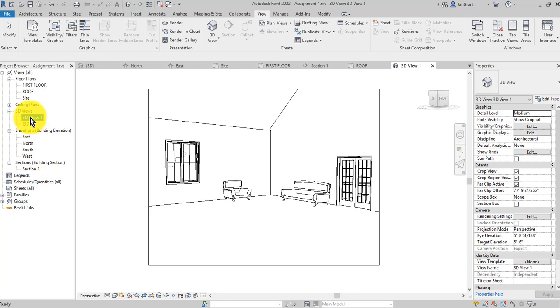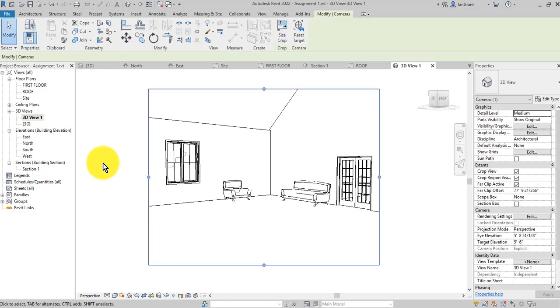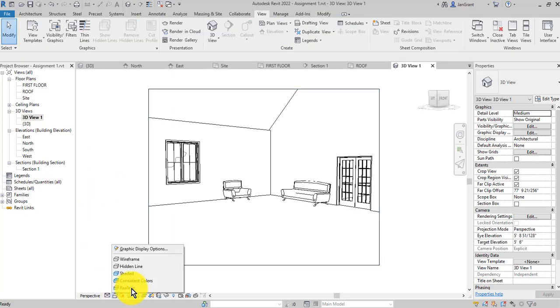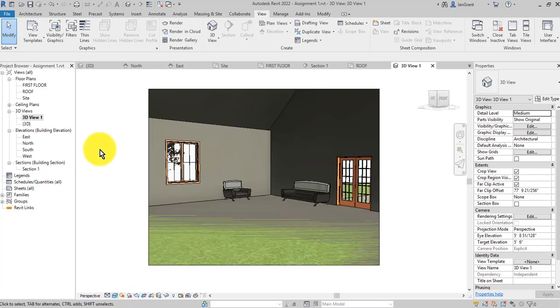Name the interior view of the living room, or else eventually you're going to have so many views that are called 3D view 1, 2, 3, and then you'll wonder what your view is called. And then eventually you're going to use these for your sheet. Now, inside this view, you can change it to realistic down at the bottom left corner to see what it